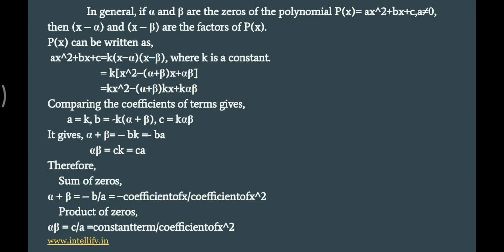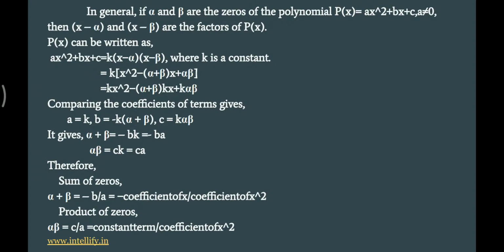It is a format for comparing the coefficients of the terms given. We have to compare the coefficients where a equal to k, b equal to minus k into alpha plus beta, and c equal to k into alpha beta. Here we can compare, and alpha plus beta equal to minus b by a, so that we can form minus bk which is equal to minus ba, and alpha beta which is c by a, that is ck which is